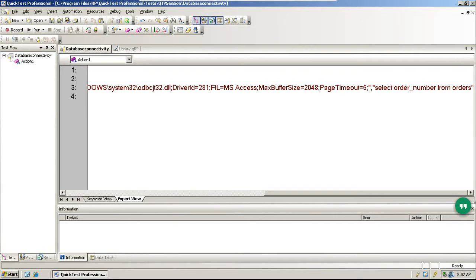Okay, let us make it just one record, and it will have to show one as the count of records. Just try where order_number is equal to 1. That means just one record will be fetched, and the count should be 1.